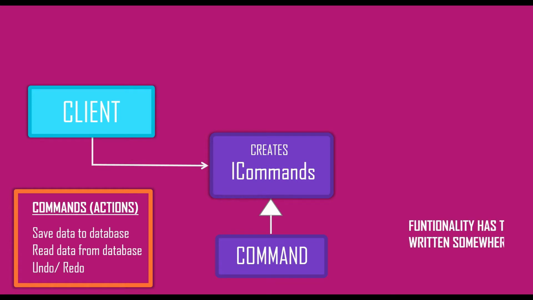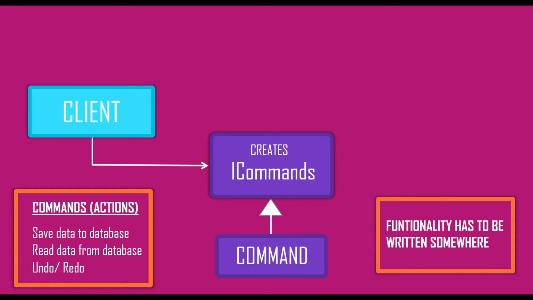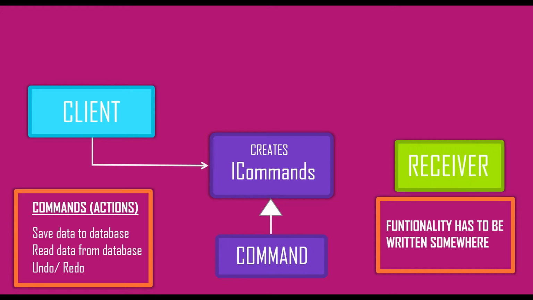Now the command has to execute the functionality, right? And where do we write those functionalities? Of course in some classes. And as per this pattern, we call it a receiver. But how does the client call the operations in these receivers is a question. It definitely does not call straight like this. Otherwise, we would not have been talking about a pattern here, right? I will tell you why it does not call it like this in a bit, but before that, let's see how it calls using this pattern.